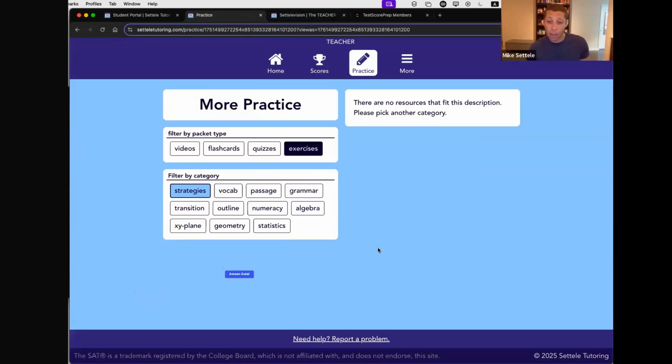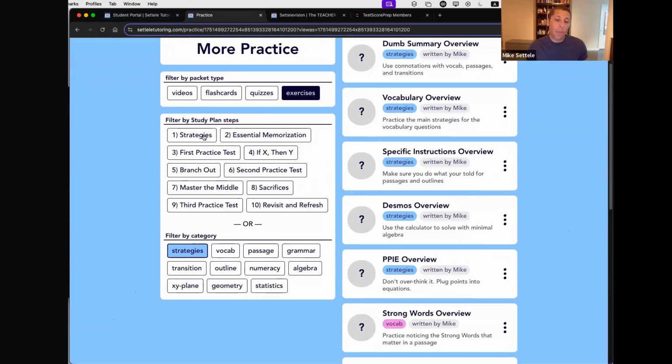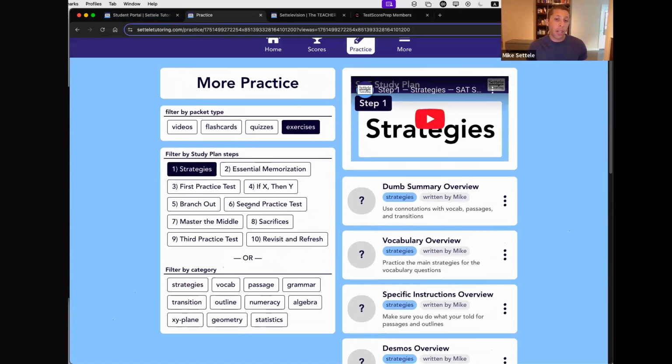And the main page is going to be this practice one. This is where a lot of good stuff happens. And there's going to be basically all these different exercises and things like that. So these tabs right here coincide with our classes. There you can see there's 10 steps in this study plan. There are 8 classes, so we are going to double up when we get to some of the practice tests. But this is probably the easiest way to organize your practice.